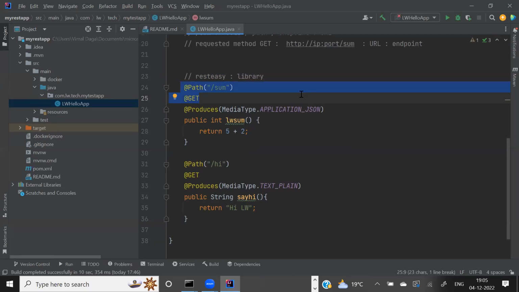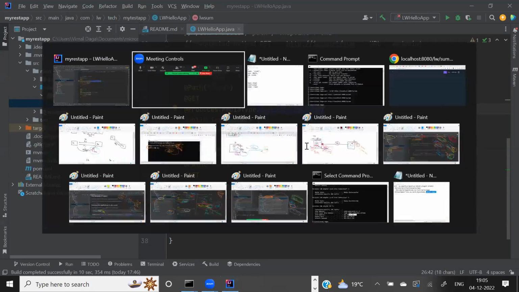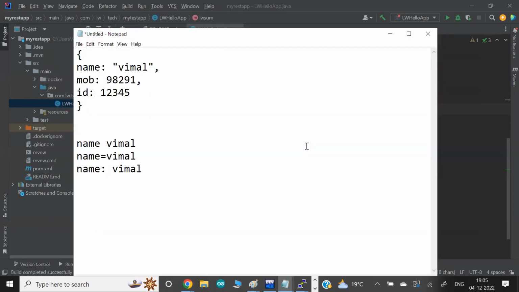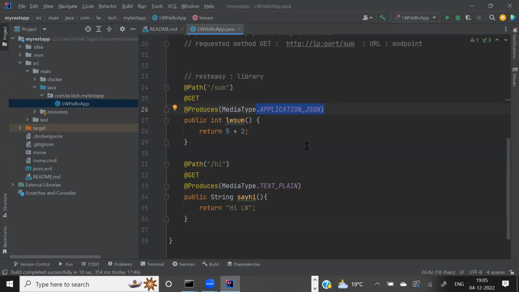Similarly, converting my data into JSON format is also done by some kind of library. But Quarkus does not have that library. And a library from the Quarkus perspective is also known as an extension. We don't have that extension here. And that's where the warning was coming.